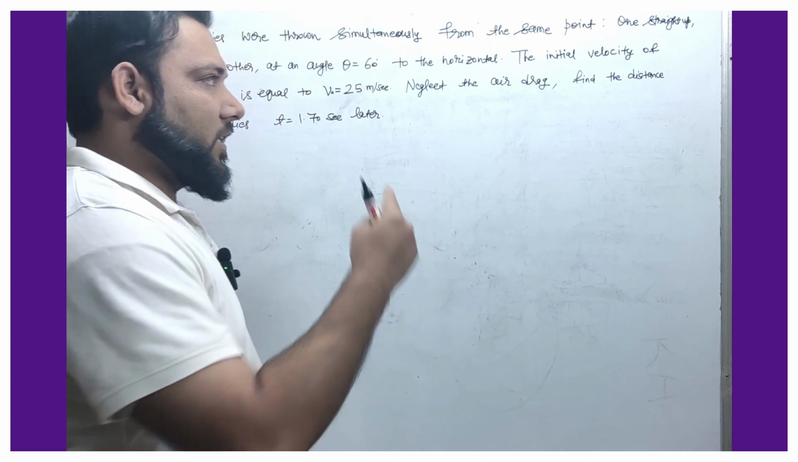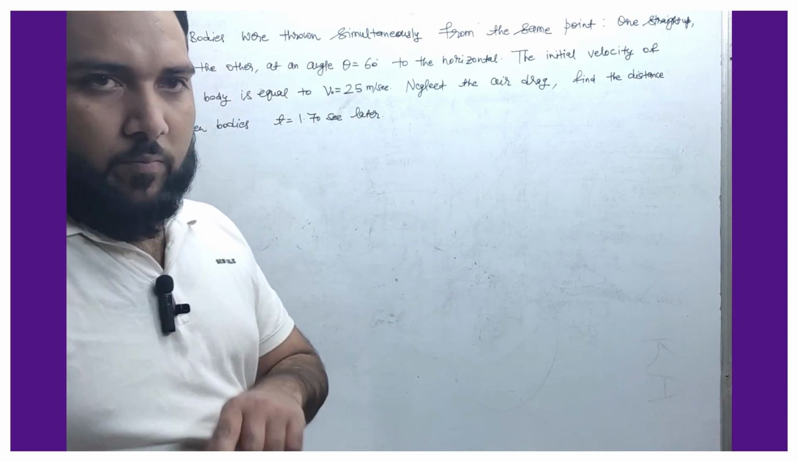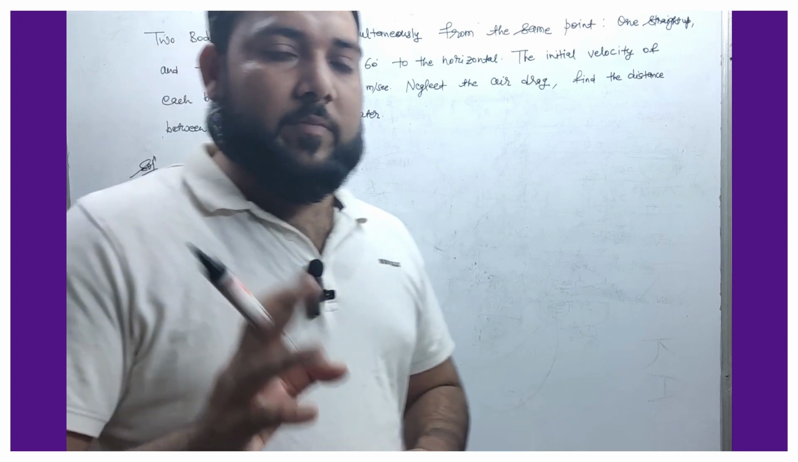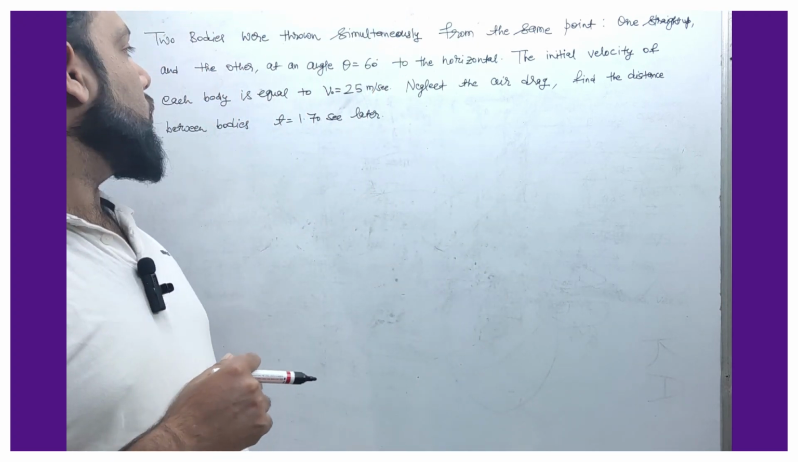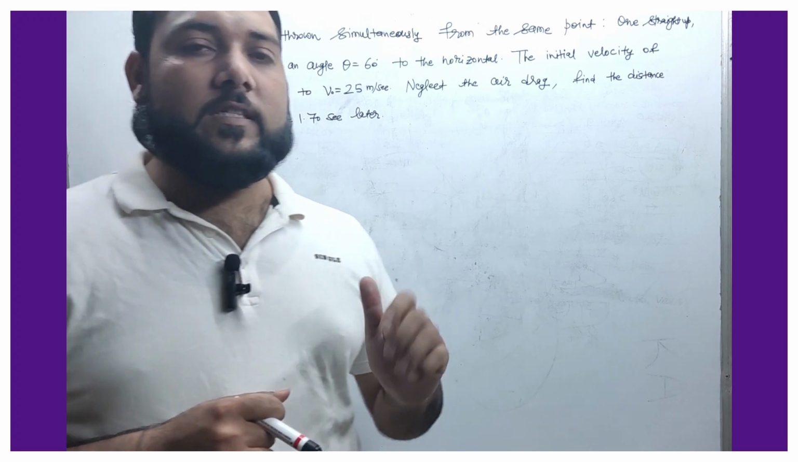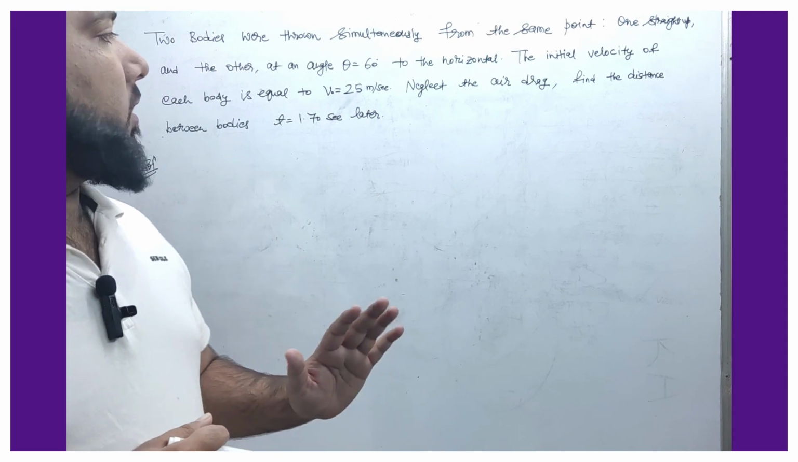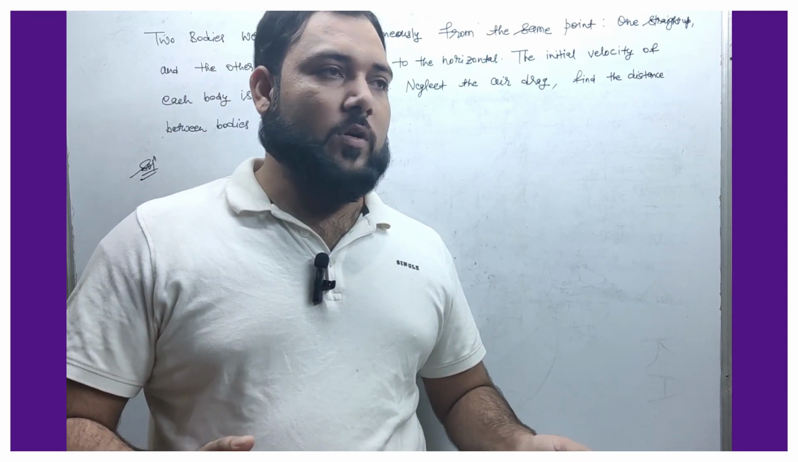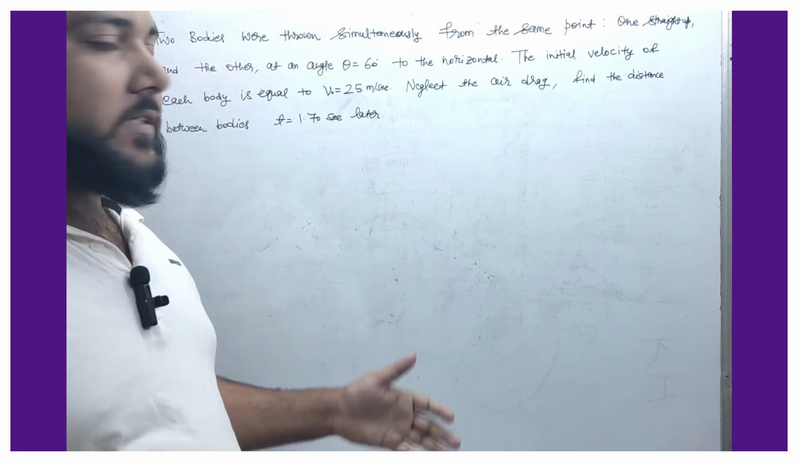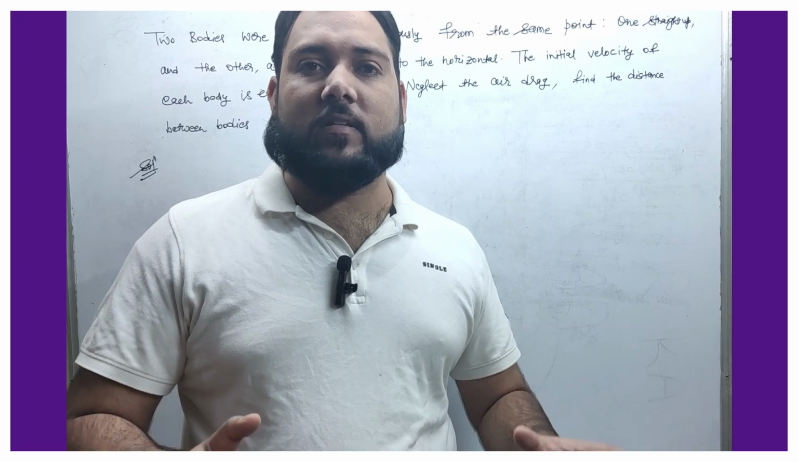Okay guys, so look at this problem. Two bodies were thrown simultaneously from the same point, one straight up and another at an angle of 60 degrees. Is it okay guys? The initial velocity is the same, v naught equals 25 meters per second, and we have to neglect the air drag, the air resistance. We have to find the distance between the two bodies at t equals 1.70